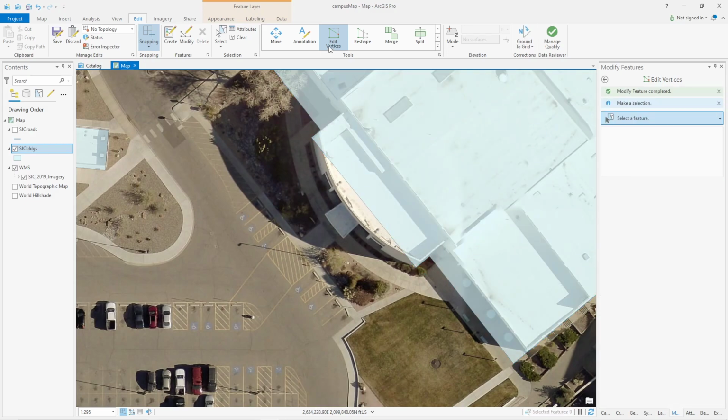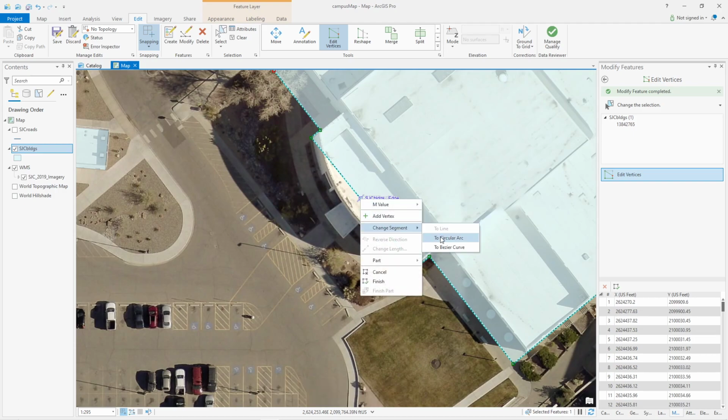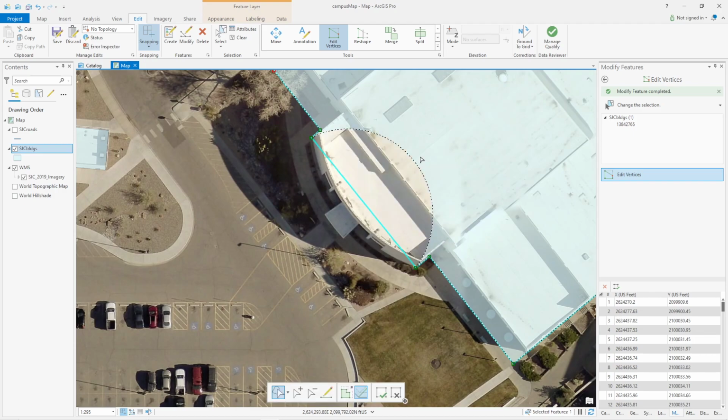That looks pretty good. I'm going to edit the vertices, well, select with the Edit Vertices tool. And now this edge is actually an arc. So I'm going to right click on it and change the segment to a circular arc. Now it bends whichever way it wants to, but I can just click and drag it, and now I can drag it as an arc. And just try to follow the bottom edge of the building. Okay,